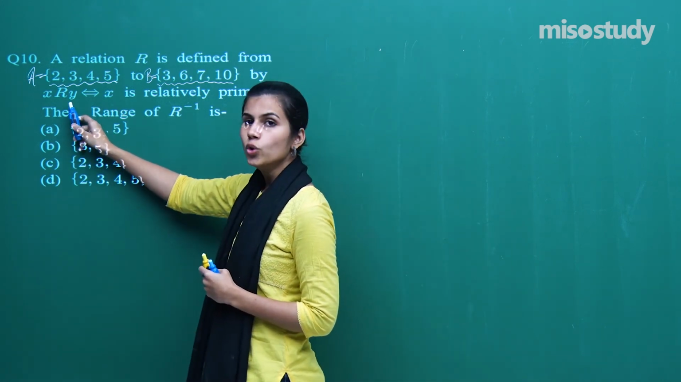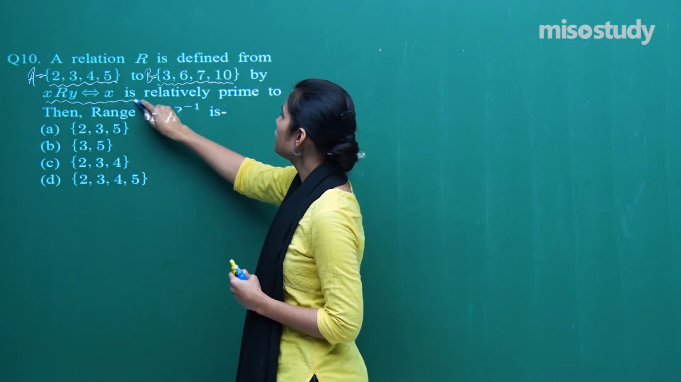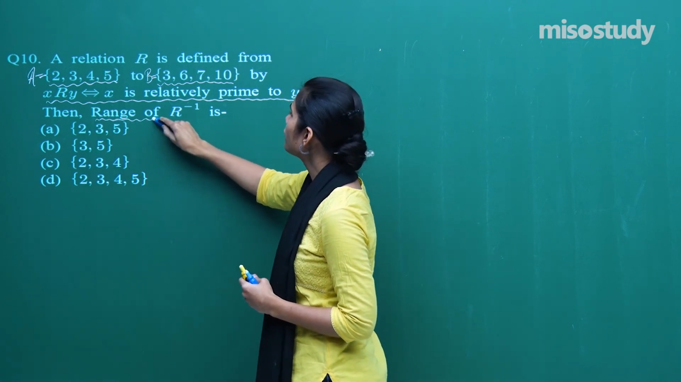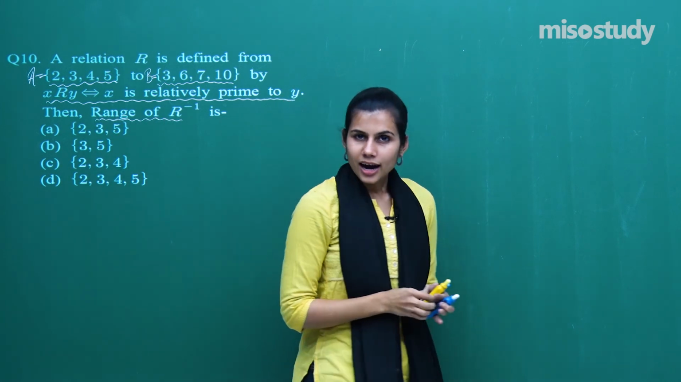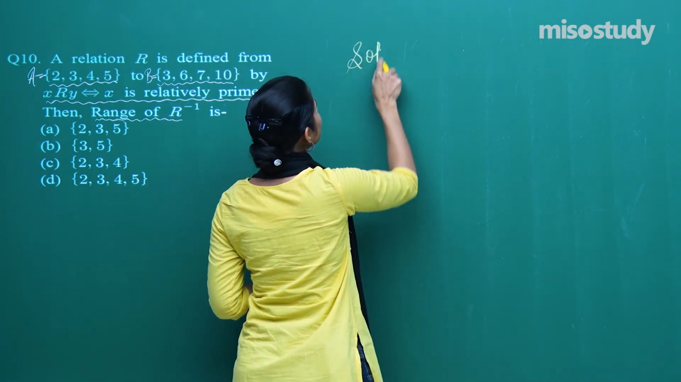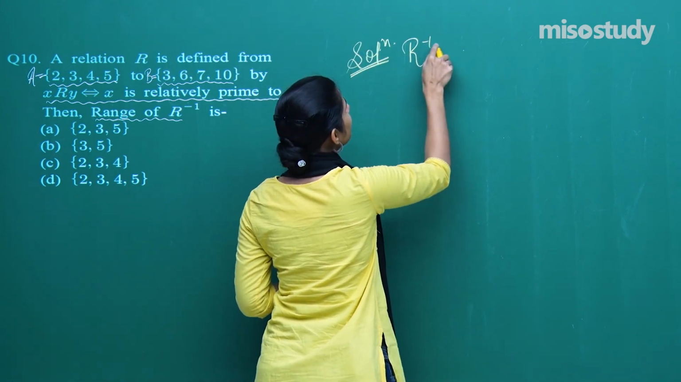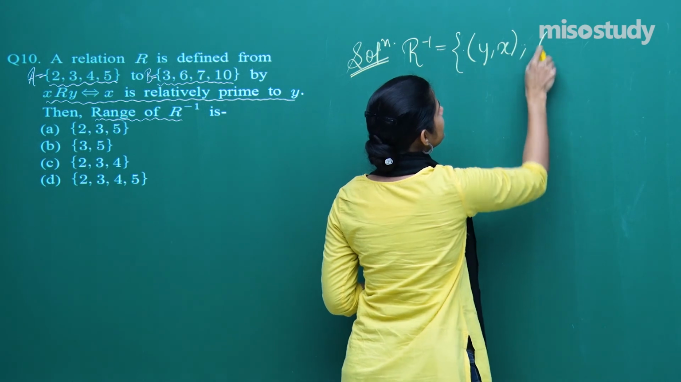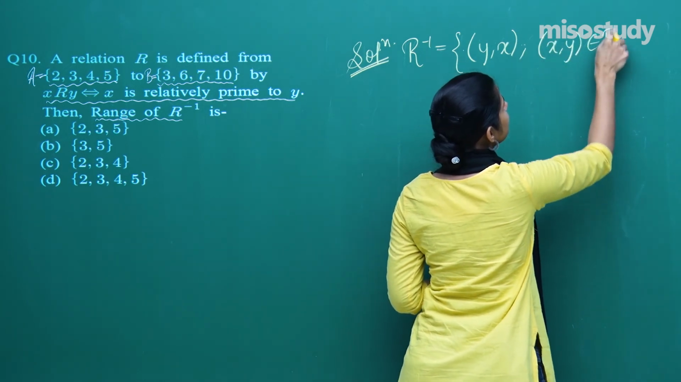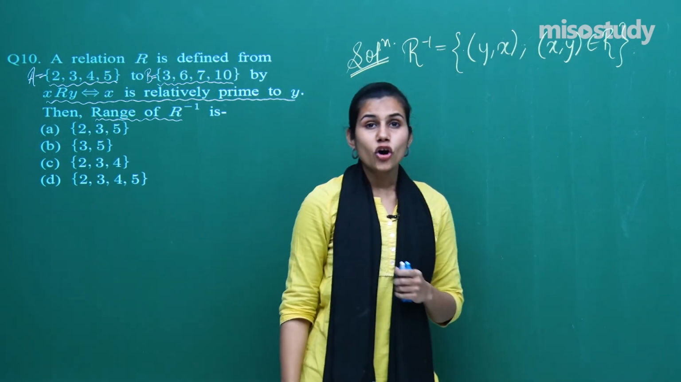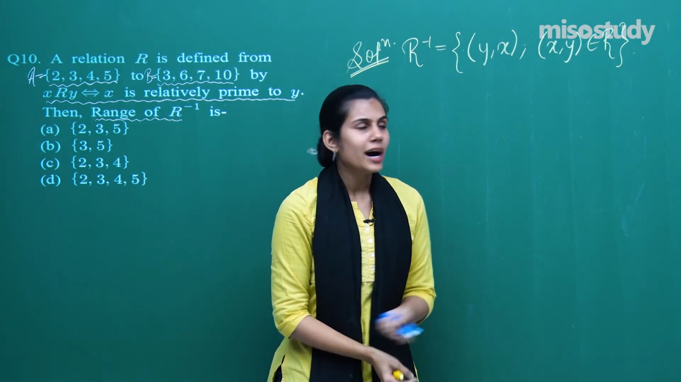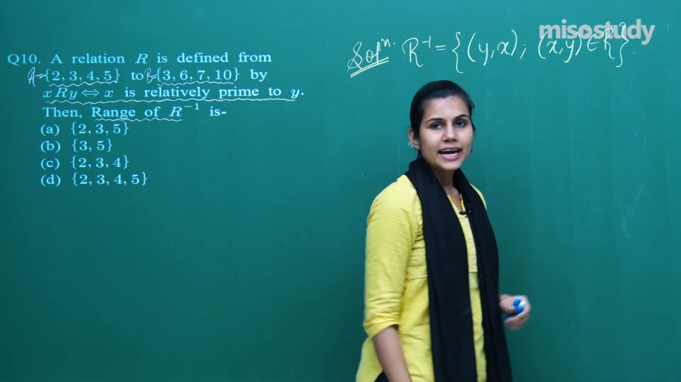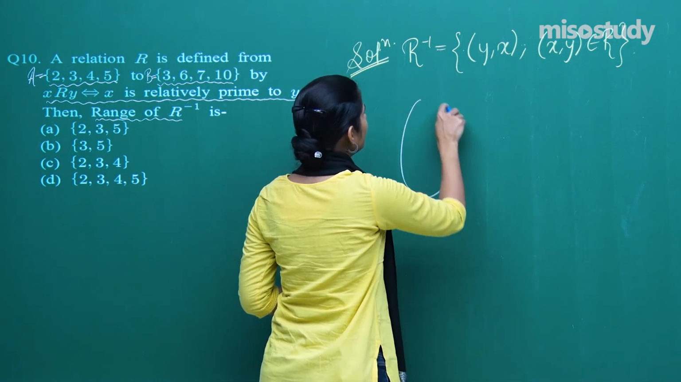By this rule that x is related to y if and only if x is relatively prime to y, what is the range of R inverse? Again, the concept of R inverse is being used. R inverse is the set of all those ordered pairs (y, x) such that (x, y) is sitting inside R. Collect all the ordered pairs of R, swap the values of x and y, get the ordered pairs of R inverse. So to get R inverse, we have to first get R, which is a relation from set